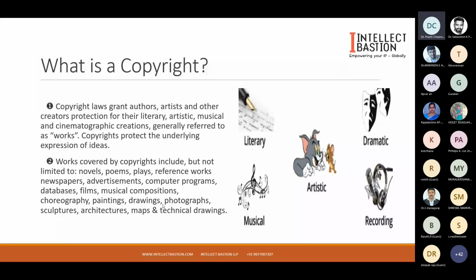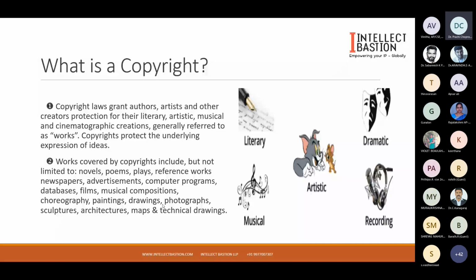This image clearly explains what is a copyright. A copyright is a law. Copyright law,